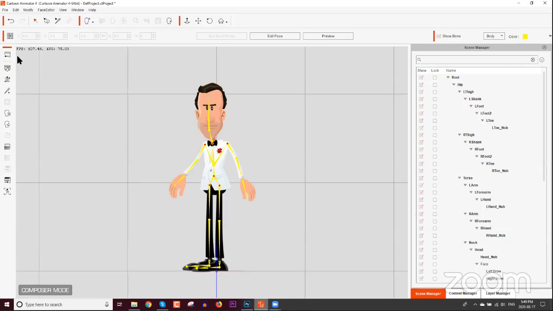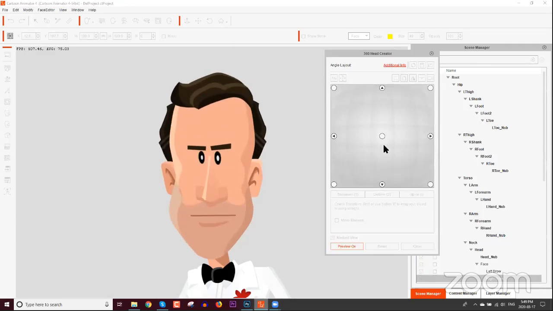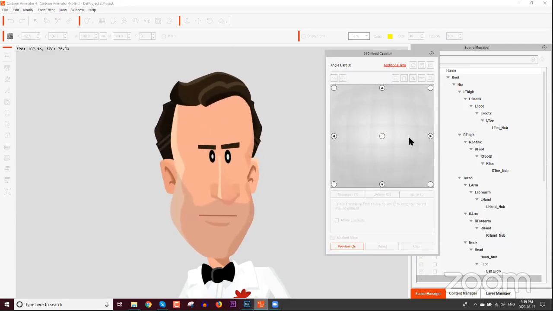You're probably familiar with composer mode by now. Over here on the left, there's a funky little tool called the 360 head creator. Okay, so we're going to go ahead and select that, and we're going to take off our bones since we don't want to see the bones right now. And if we preview and press the space, preview, you can see if we move our mouse